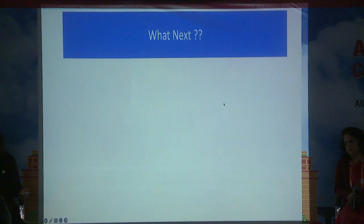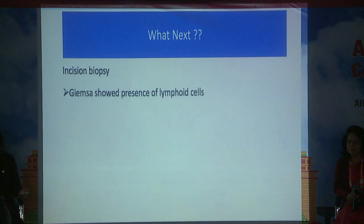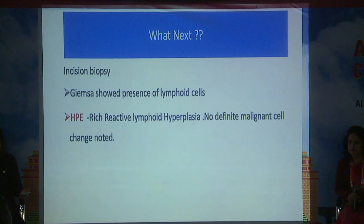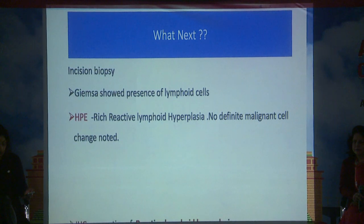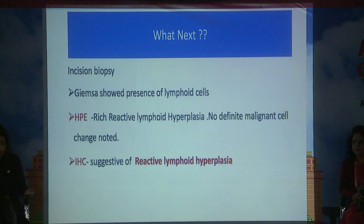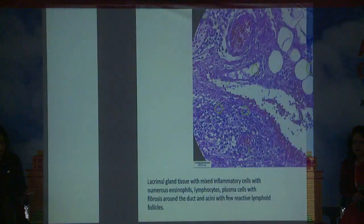So what next? Since we had a mass in the superior temporal orbit, along with involvement of the muscle, we went ahead with an incision biopsy. Giemsa showed the presence of lymphoid cells, and histopathology showed rich reactive lymphoid hyperplasia, but no definite malignant cells were noted. IHC was suggestive of reactive lymphoid hyperplasia. But when we reviewed the HP slide,